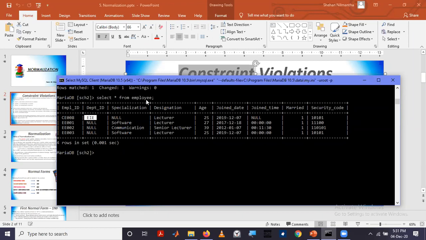But if we have broken this one into a small table, for example a table from these 3 columns, then only those things will be affected.